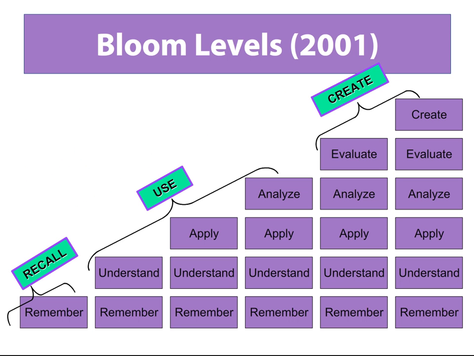Just for illustrative purposes, we can look at this Bloom's level sheet here, and this is the revised Bloom's from 2001. And so the lower level skills are remember, understand, apply, whereas analyze, evaluate, and create tend to be a little bit higher. And so when we're thinking about transfer goals, those three levels, analyze, evaluate, and create, are really going to be what we're aiming for in terms of thinking skills.